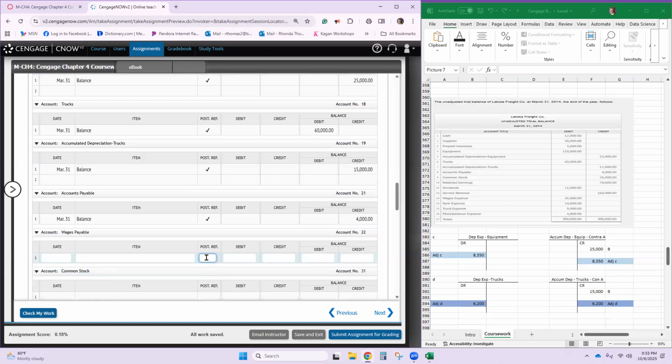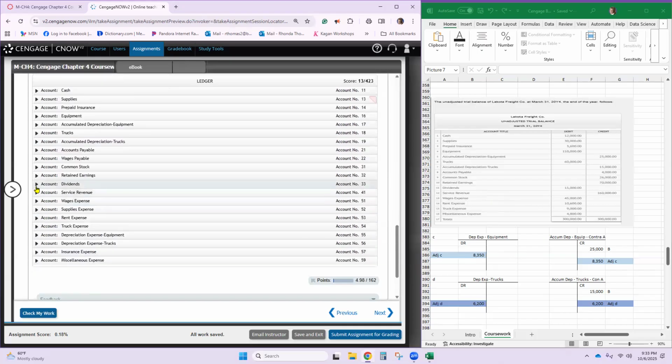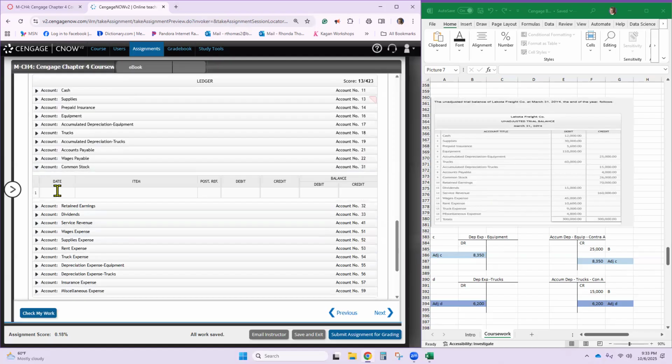Notice there's no check mark there. It's going to get an entry that causes a balance, but right now, wages payable doesn't have anything in it. If you want to close it, that closes all of them. Let's go to common stock, March 31st, balance. It has a credit balance of 26,000.